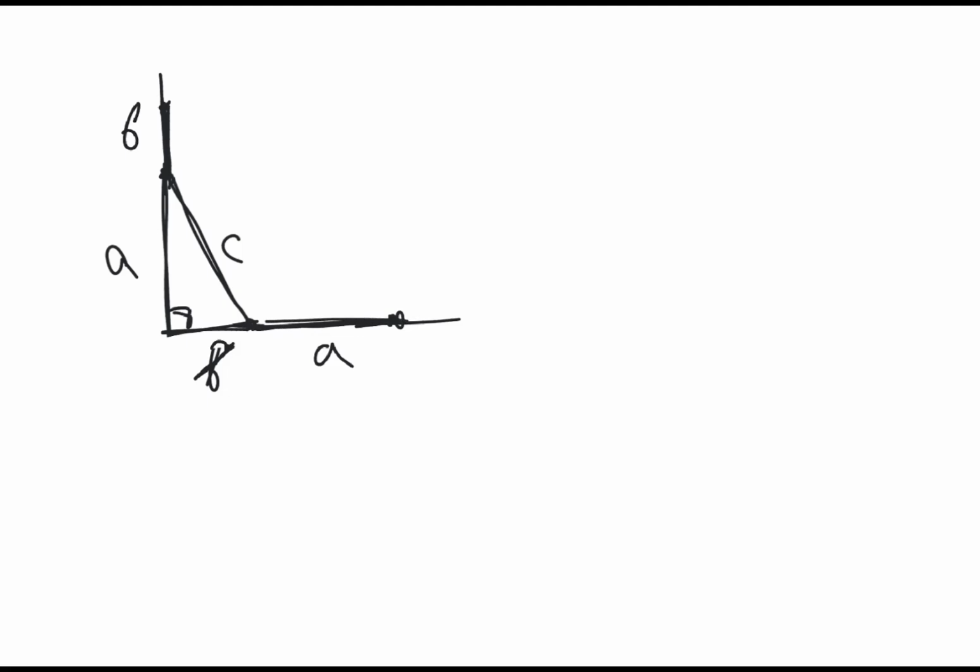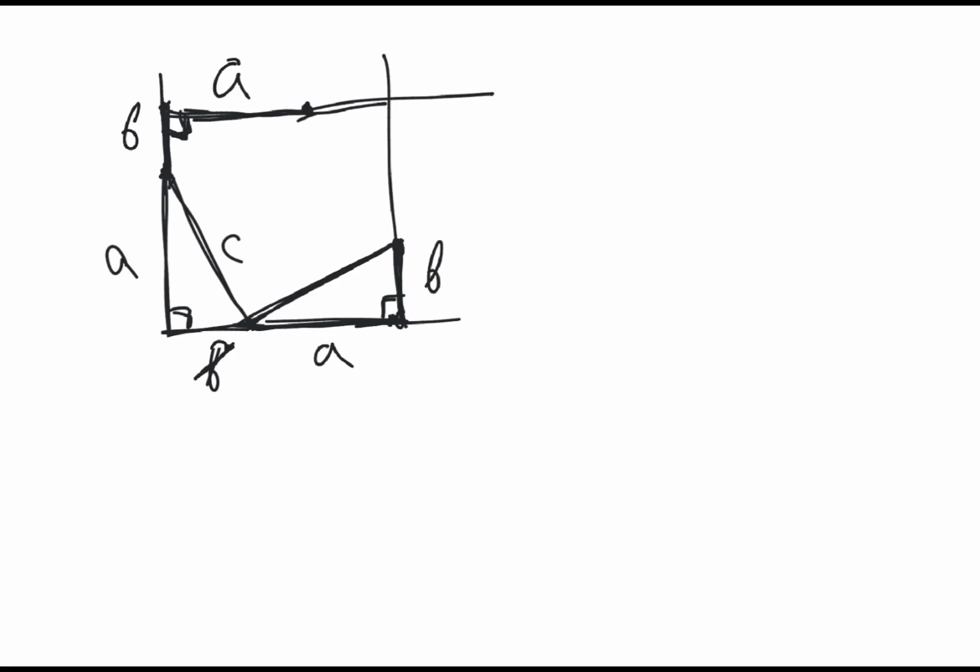So then we construct. So then we draw the line with the right angle here and with the right angle here, and we can draw here the segment of the length B here and connect this, and draw here the segment of length A here and connect like this. So now notice that